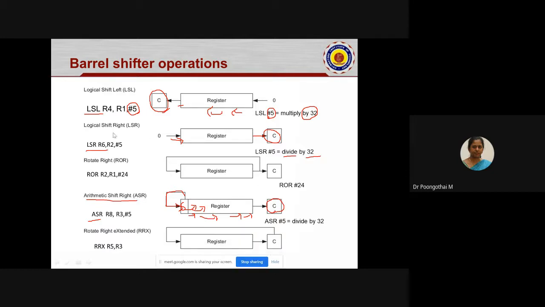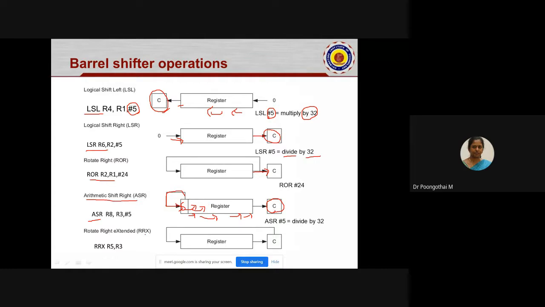So these three are shift instructions, and next are the rotate instructions, which you are already aware of. The objective of the rotate instruction is to manipulate the bits in a register without destroying them. It is like a rotating operation. The bits rotate towards the right direction, and the last bit is placed in carry for every rotation.